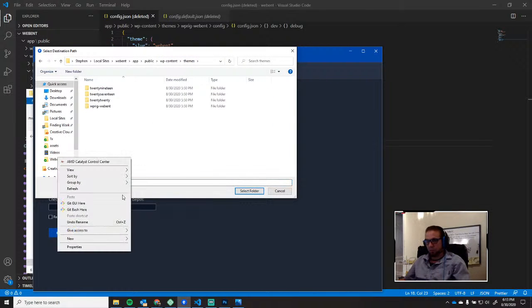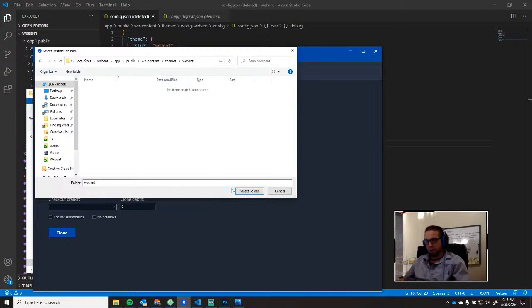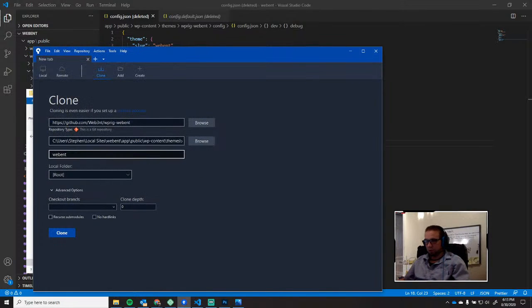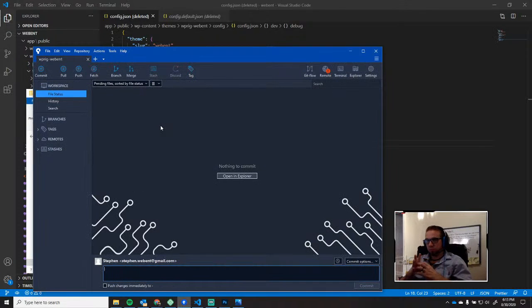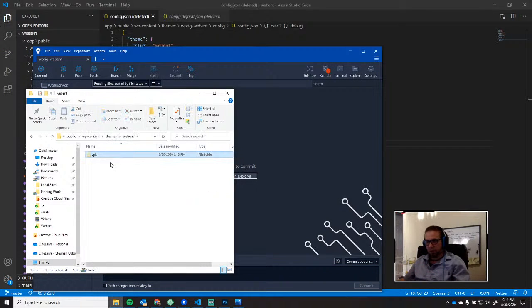Into themes. Just call it Webent. Select folder, empty folder, wp-rig-webent. Clone. All right. Now that we got something initialized, I'm just going to take this Git folder